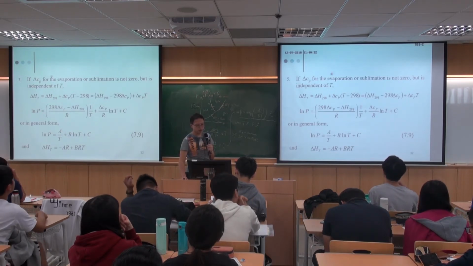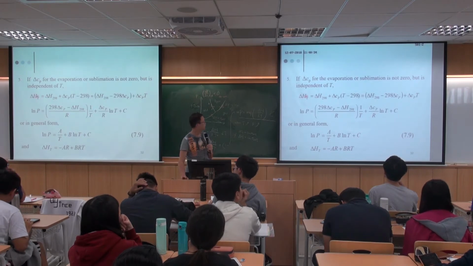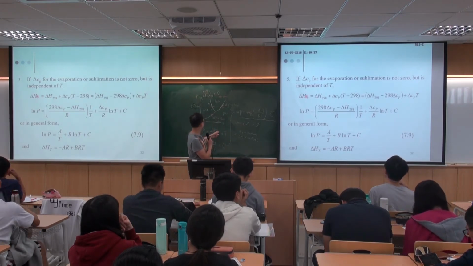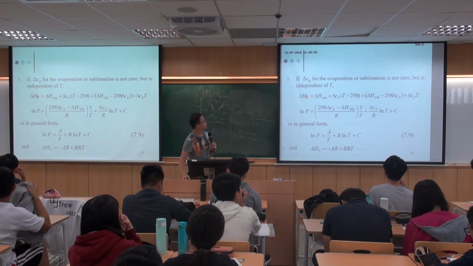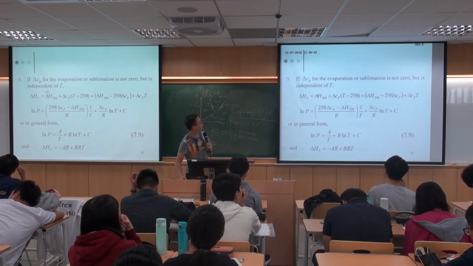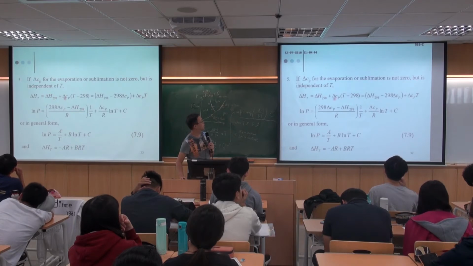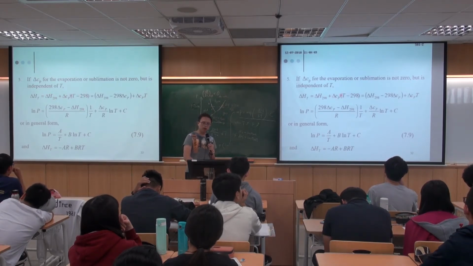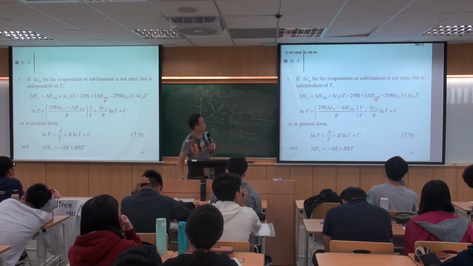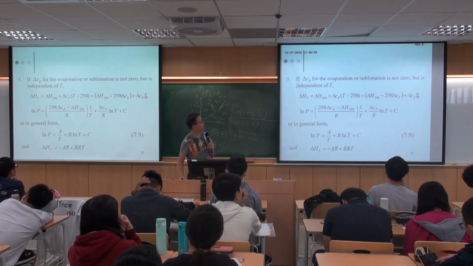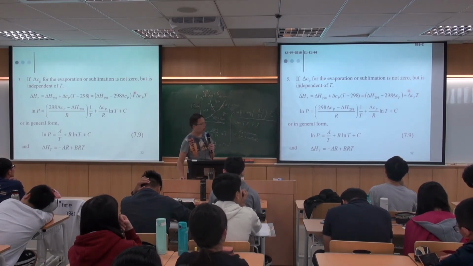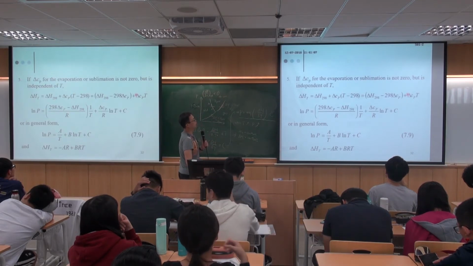And if you use this expression, delta H as a function of temperature, we know that this is the standard condition plus delta Cp times the temperature difference. Right? This is what you've done a lot for chapter 6. And eventually you will have a constant term plus something that is linear proportional to temperature. Okay, so here this is a constant, and here you have a term that is proportional to the temperature, but